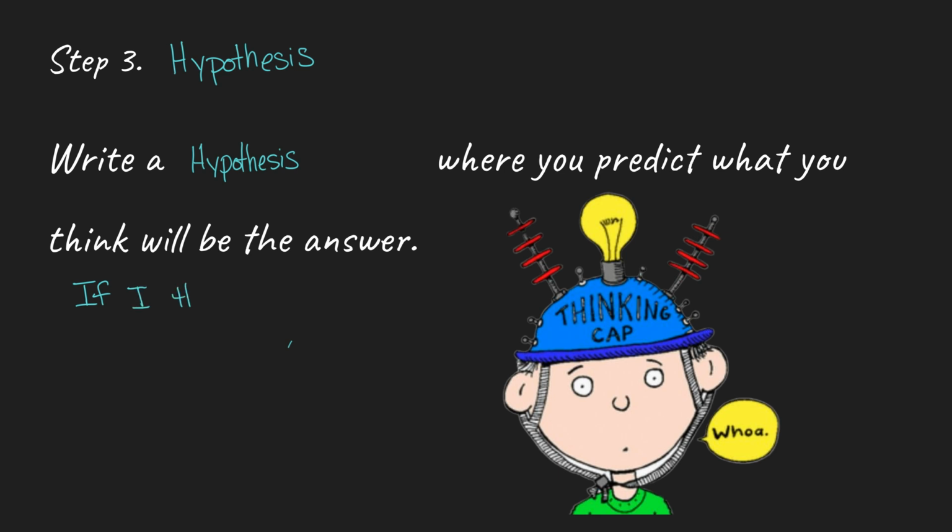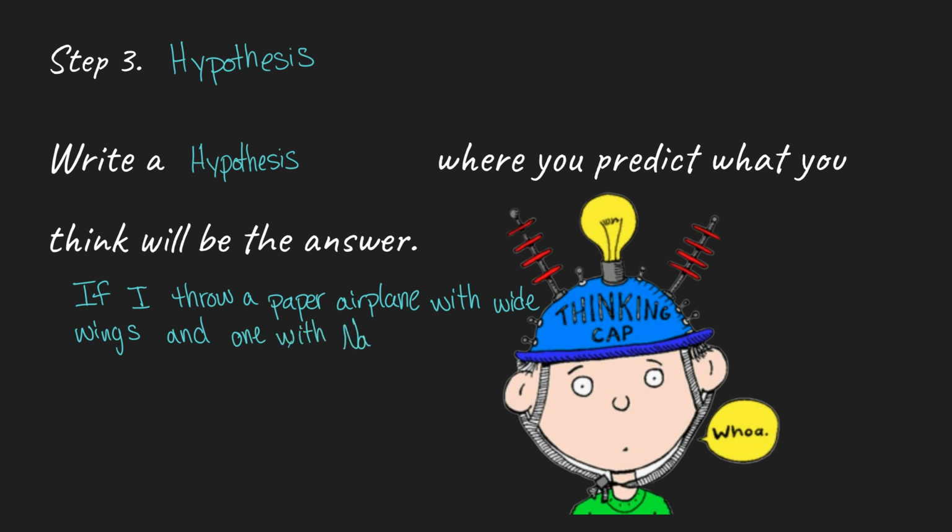If I throw a paper airplane with wide wings and one with narrow wings, comma, then, so here's our if, here's our then, the airplane